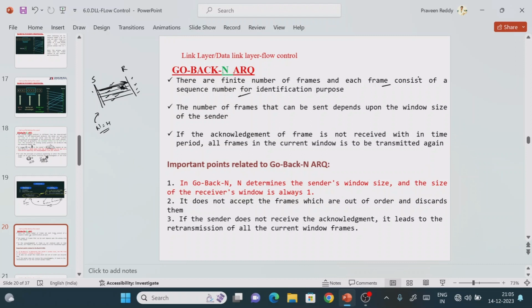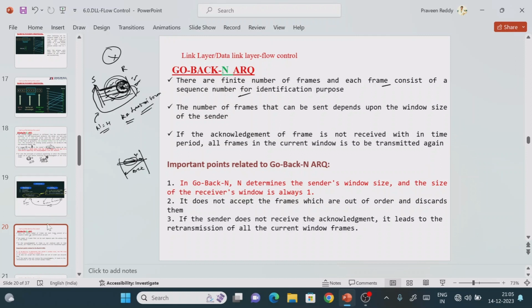Now what we have to do, simply, is that if some frame is lost, we need to ask for retransmission. But even if you don't know the number or name of this frame, how can you ask the sender to retransmit the particular frame? This is highly impossible. In the previous case, we were sending only one frame, so if it is lost, we ask for the acknowledgement. But here, out of these 4 frames, we don't know exactly which frame is lost.